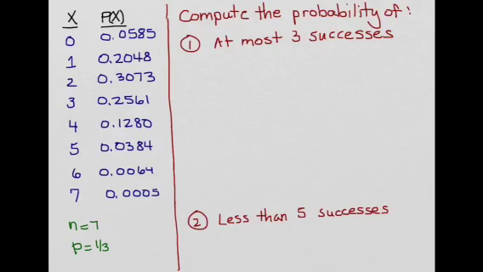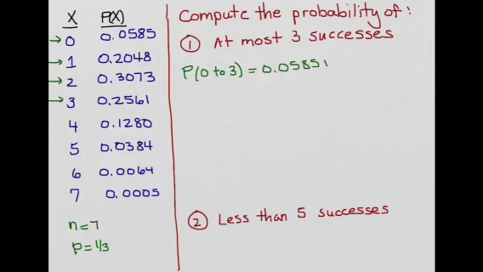So at most 3 successes, in this case, means we could have 0 successes, or 1, or 2, or 3. So since I have the list of my probabilities here, I could say the probability of anywhere from 0 to 3 successes is going to equal